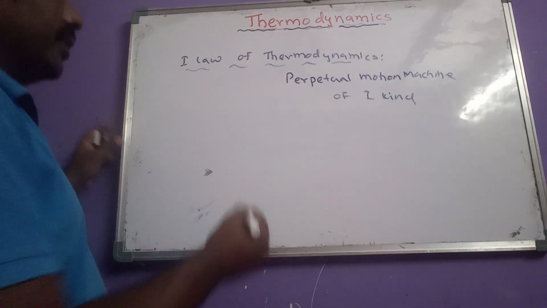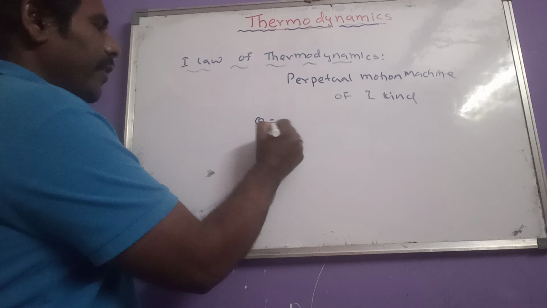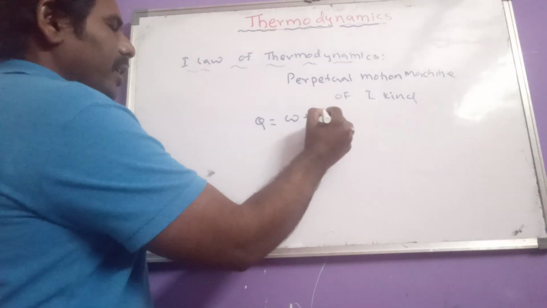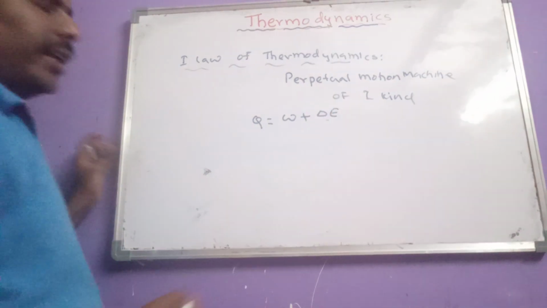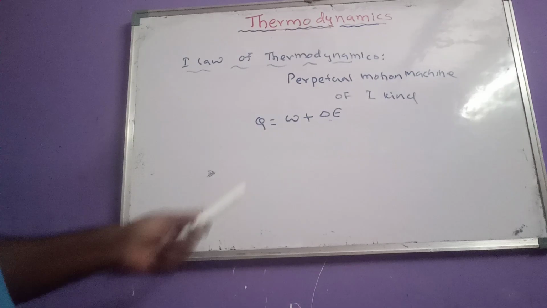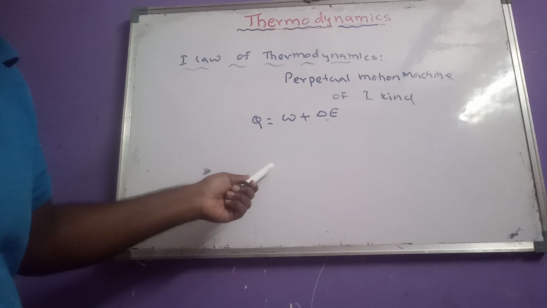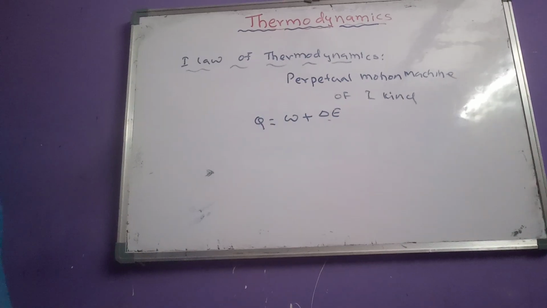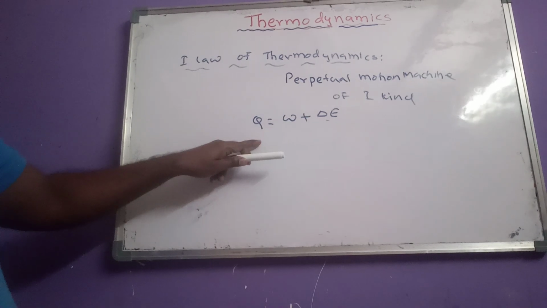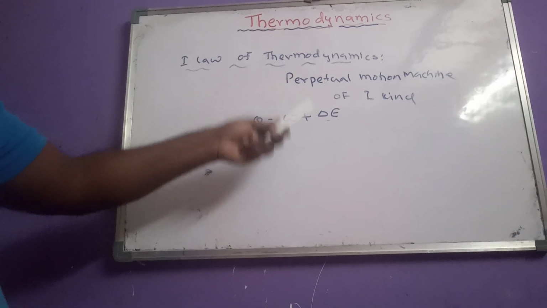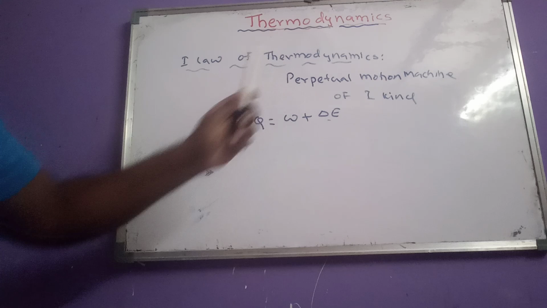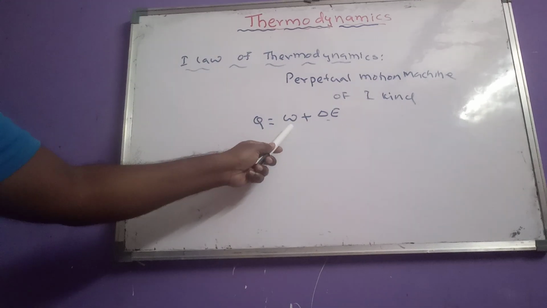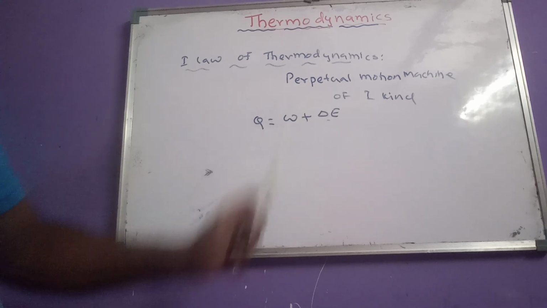And another important thing here, the energy given to the system is equal to the sum of the work done and change in internal energy. Heat energy given to a system is equal to the work done and change in internal energy. So this is the formula we can write, based on which law? First law of thermodynamics. Q means heat energy given to the system, W means work done, and delta E means